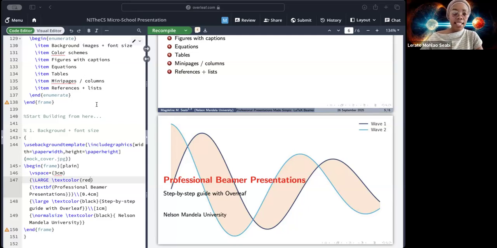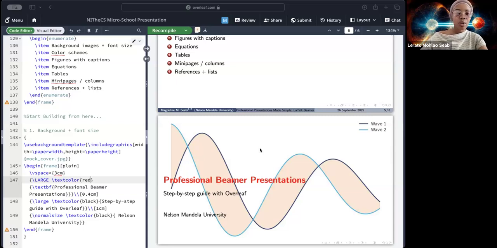Apologies. So with the color schemes, we are looking at consistency. So what we want to do is to have consistency in the text, in the format of the slides, and also if you want to brand it according to your institution, you can do so. So if you look at what I did here, what I did is I customized my slide according to the